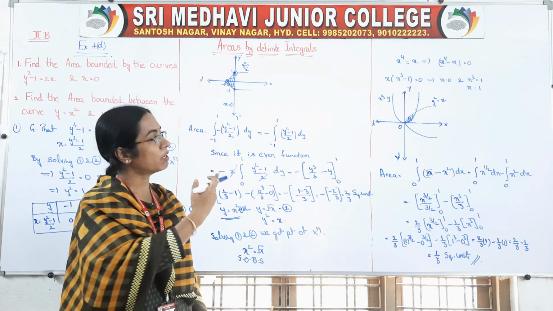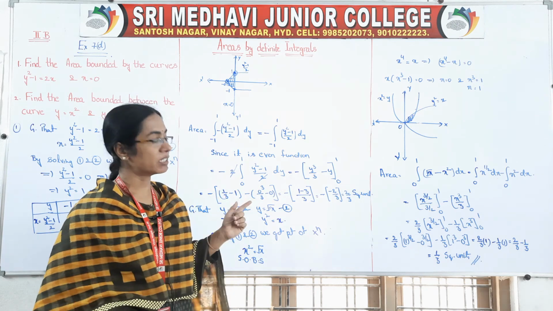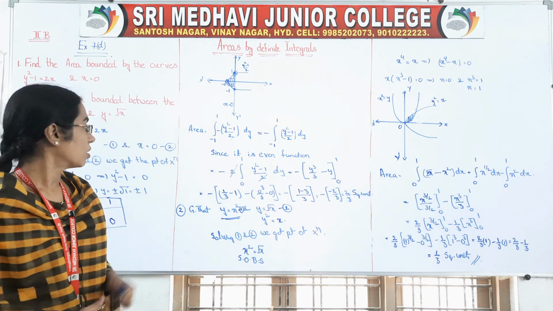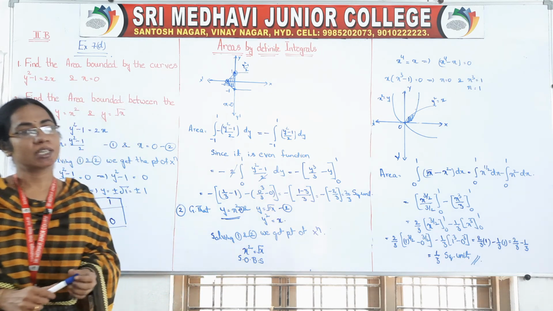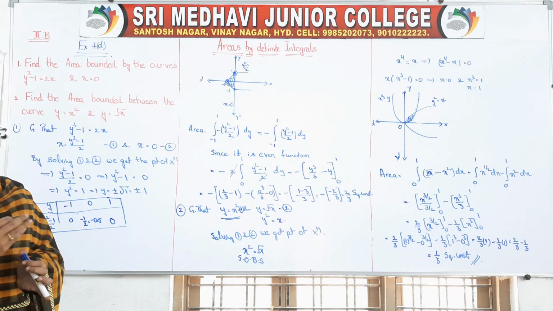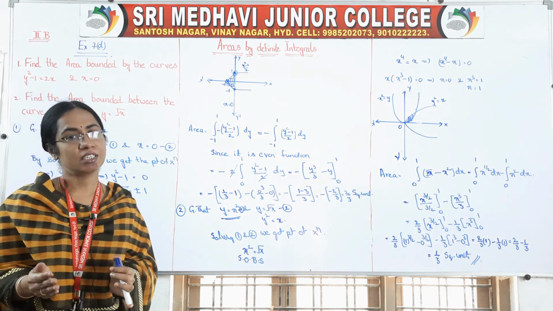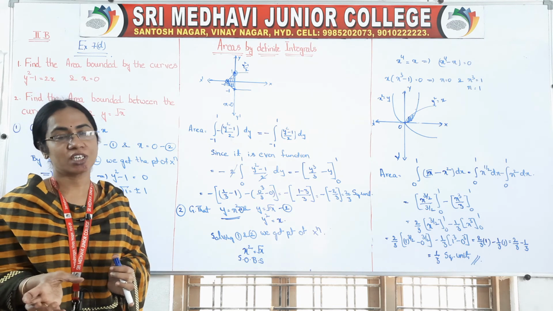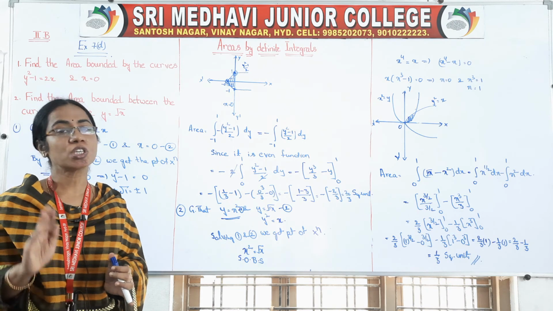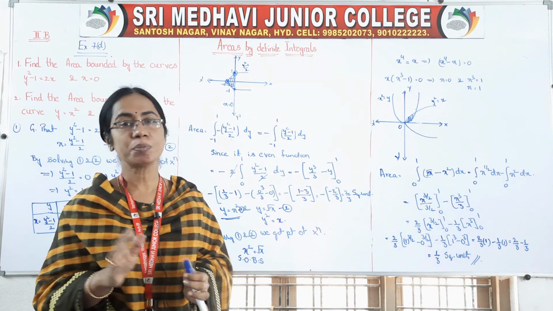Without constructing the table we can draw, and we will see which curve comes upwards, which curve comes downwards. That is most important thing while finding the area. Okay, so be clear with the concepts, right? Don't by heart the problems, so clear with the concepts, and just we are applying normal integral formulas. After that definite integrals, how we are applying in the derived function. In x place first upper limit minus, in x place we have to substitute lower limit. Okay, so be clear with the concepts and practice the problems perfectly.